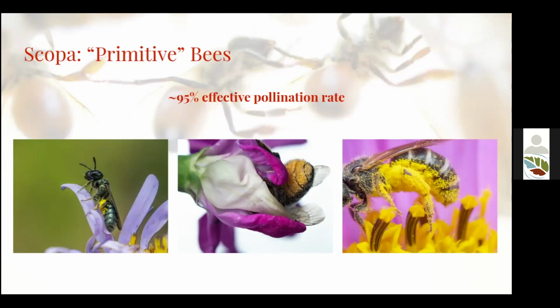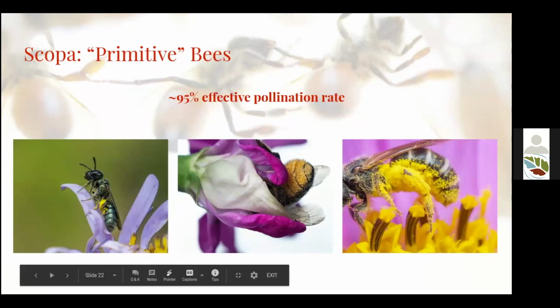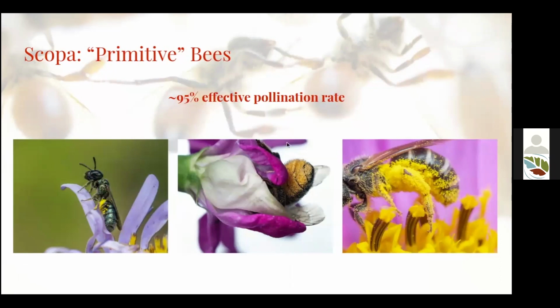When we're talking about some of the more primitive bees, or bees that evolved earlier on, they generally have a higher effective pollination rate because of the placement of their scopa. The scopa of a leafcutter bee is on the abdomen here. This is a small carpenter bee, the Ceratina. They have scopa in between their abdomen and thorax here. And so they drop a lot more. About 95 out of every 100 flowers is effectively pollinated to produce a seed, and in some cases fruit.